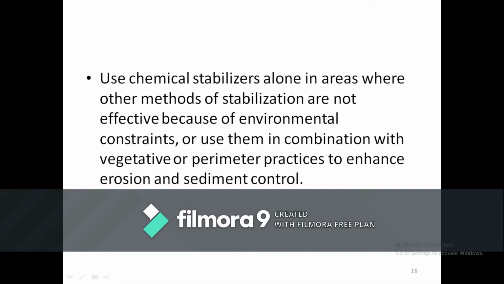So chemical stabilizers alone are used in areas where other methods of stabilization are not effective. Otherwise, a combination with vegetative or perimeter practices also has to be used to control erosion as well as sediment. Now let us see what the next things are.